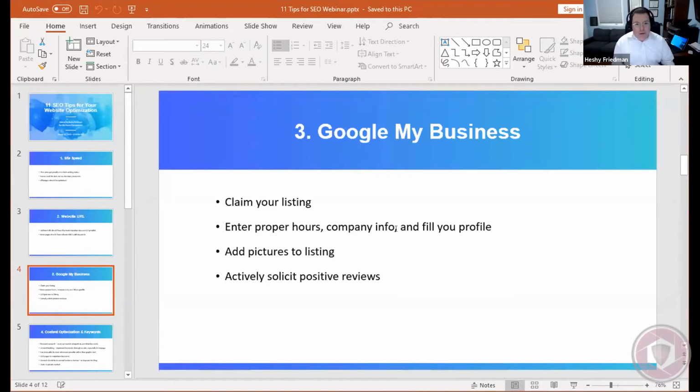It allows you to index your company information. You can put pictures of your company, you can put your hours of operation, you can put your phone number, everything is there. If you don't supply that to Google, Google tries to pick it up on their own based on intelligent searches of the web. But the best thing is to claim your listing, show that you're the owner of the company. They'll usually send you a postcard or some other, they'll call the number listed as the phone number to verify your business. Once you're verified as the company owner, then you can edit the hours, you can put in pictures, you can fill in your profile. The more you have a profile on Google My Business, the better off you are. So that's very important to keep in mind,